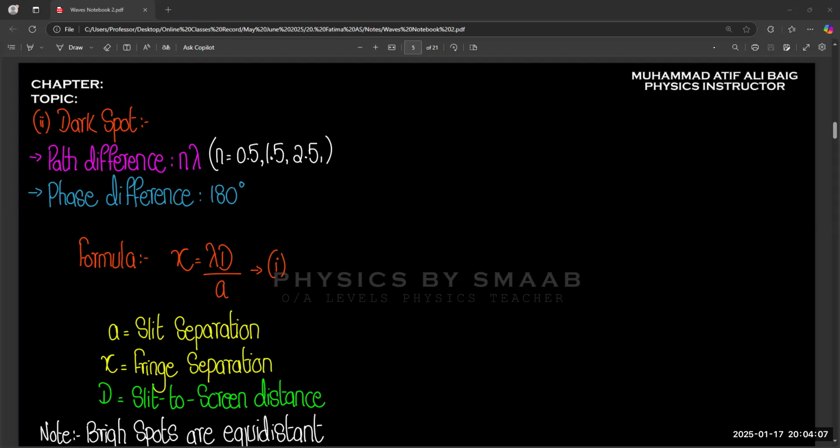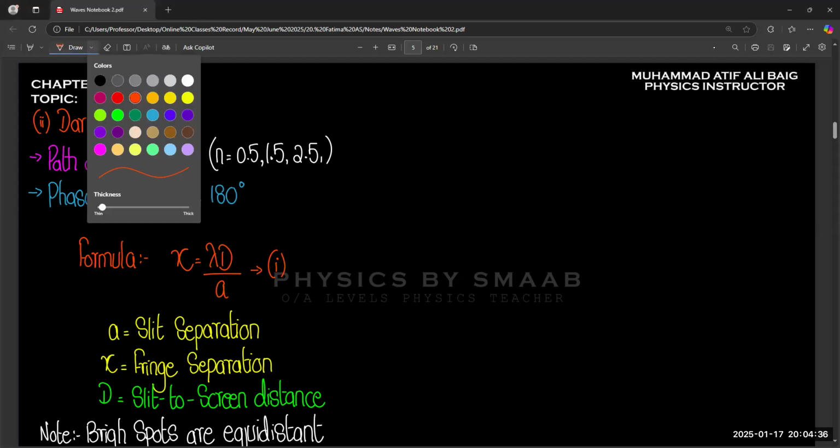For example, what happens if you change the wavelength of the wave? What happens if you increase the intensity of the light? Or what happens if we increase the distance of the screen from slit? So there are so many questions. So we will write down all the possible factors in a single slide, so it will be very easy for you to always check from the notes about the factors or any specific question related to factors affecting Young double slit experiment.